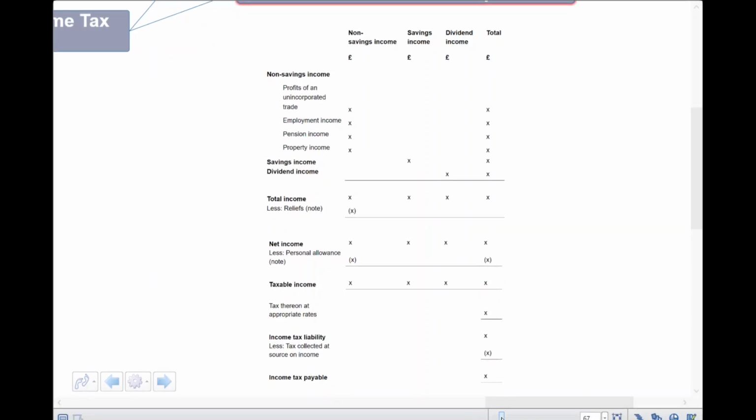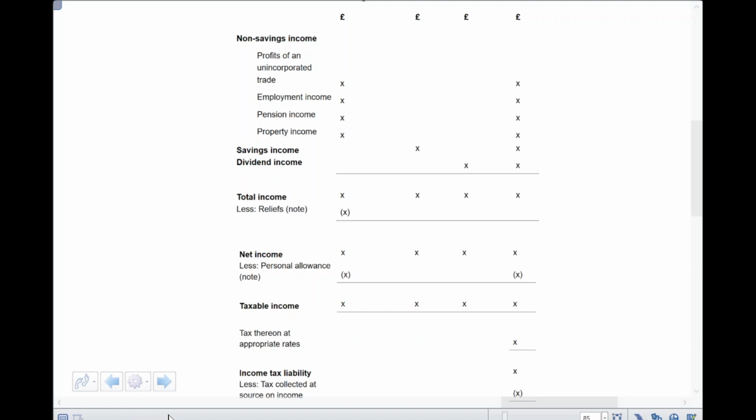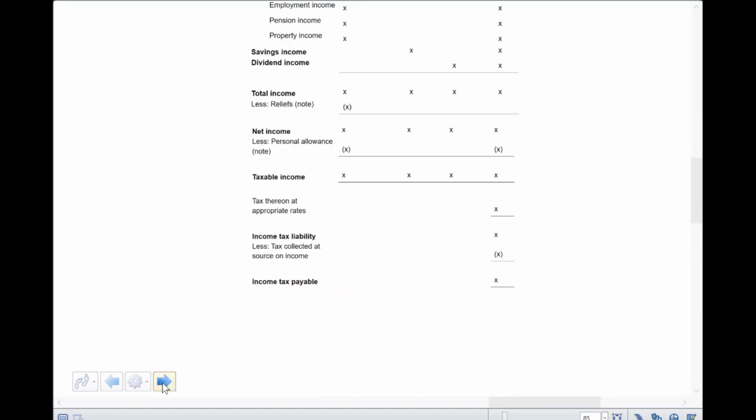So there we have it. I'm going to make this a little bit bigger as we go through. Hopefully it's not too big for you. Okay, so there we have it. That's the income tax computation. We'll be talking about that a lot. Okay,